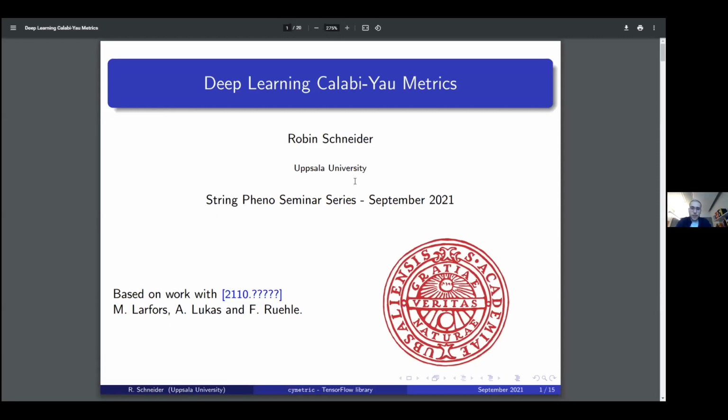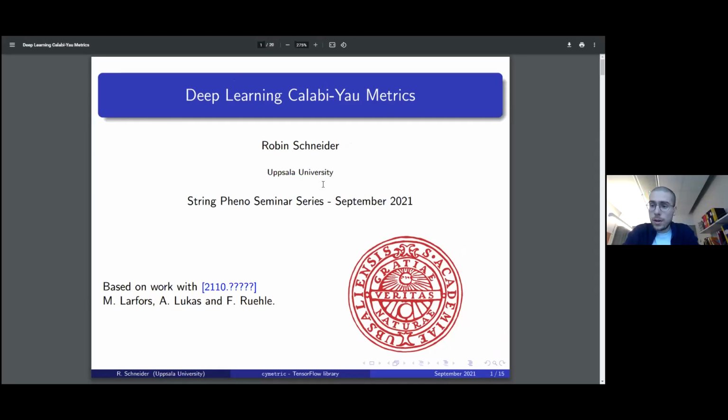And yeah, as said before, I'm going to tell you today about some recent developments which are not on the archive yet, but which will hopefully appear soon on the archive about deep learning Calabi-Yau metrics. So I guess this is a very hot topic. There have been some 4 or 5 papers over the past half a year coming out, and I hope I can convince many of you today that this is worth investigating, and it's a very interesting